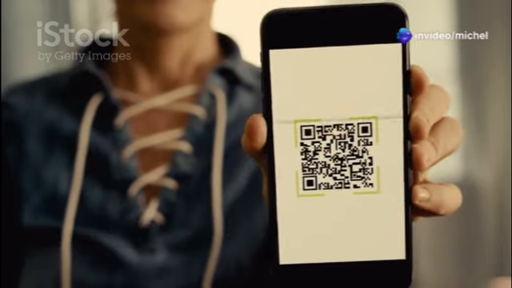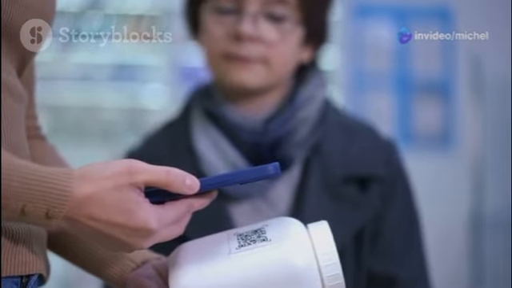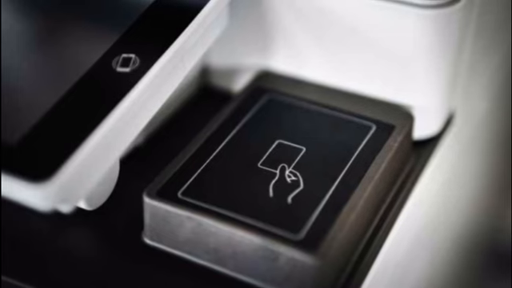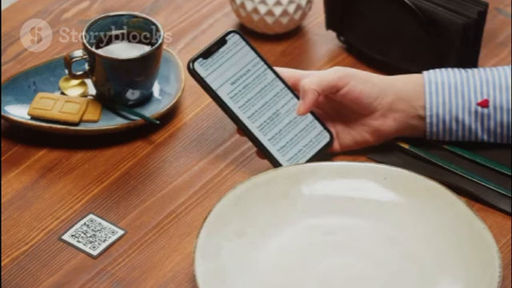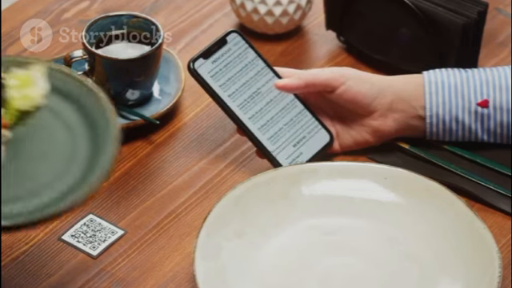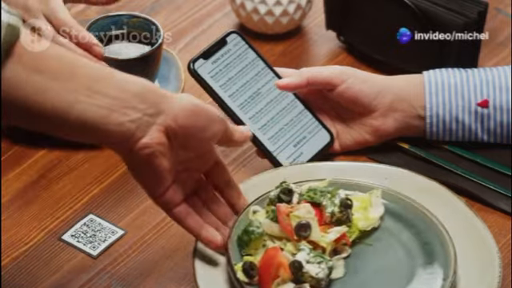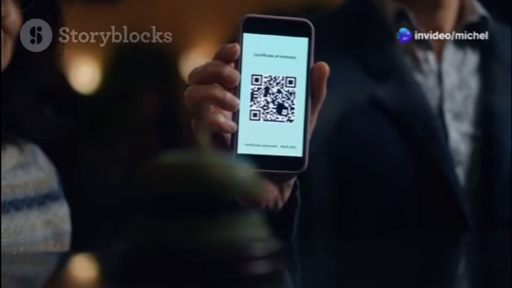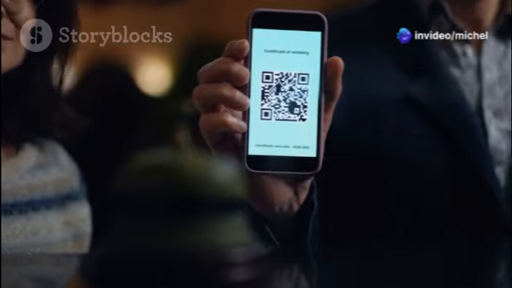There you have it, folks. Creating and using QR codes is as easy as pie. You've learned how to make these little squares work for you, whether it's sharing your website, simplifying Wi-Fi access, or boosting your business. So go forth and embrace the power of QR codes. Experiment, have fun, and see how these handy tools can make your life